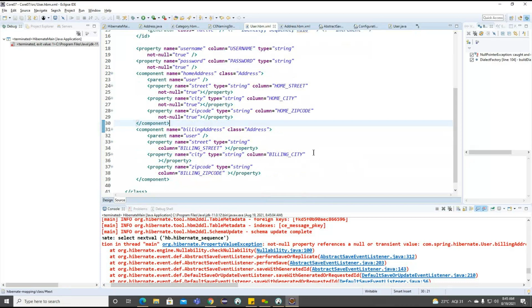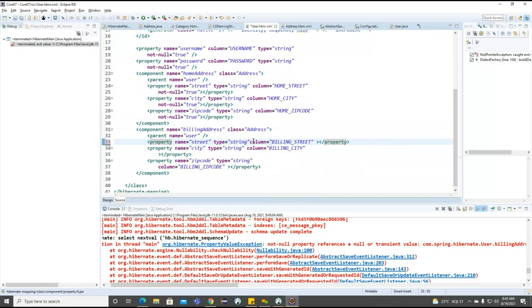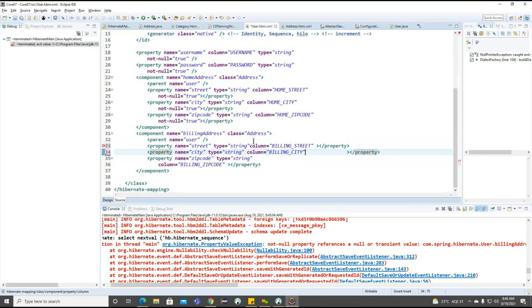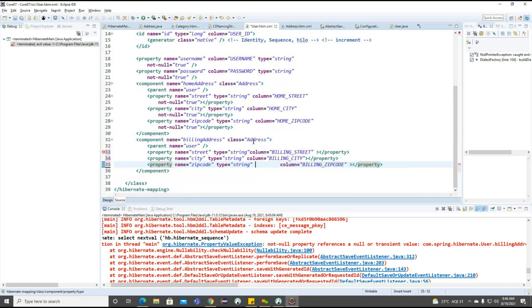Street column. Property. So we don't have a not null condition here, but still we are getting column type name.